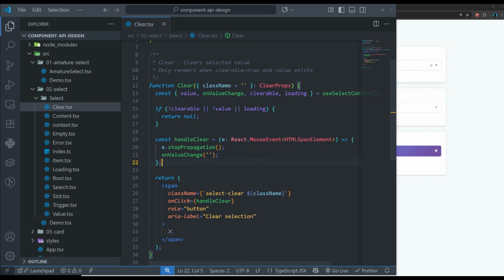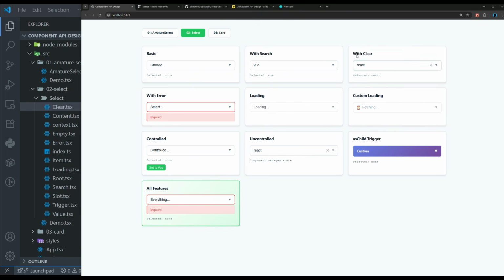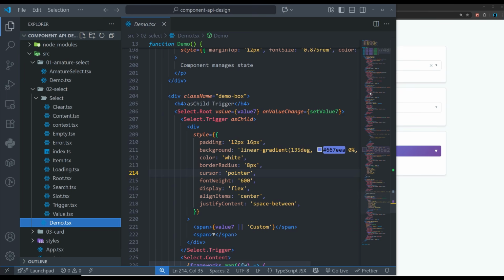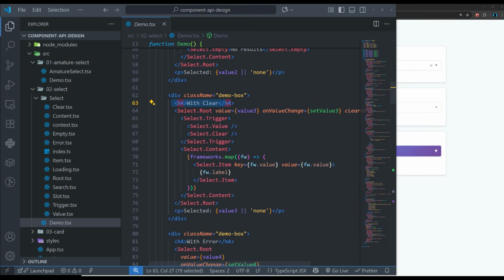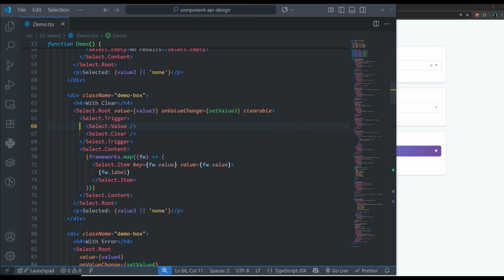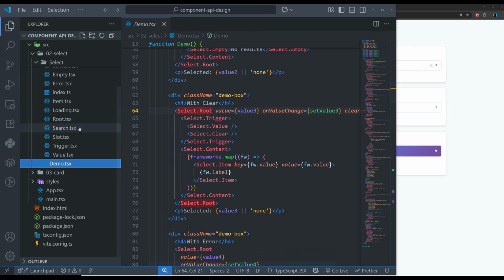Now before we move to any other component, let's look at the demo first. We'll go to this third demo. So if you go to the demo, this is our third demo with the clear. Now let's look at how we are adding the component. So first we take the select.root. Now how do we get the select.root? For that, let's go to the root component,